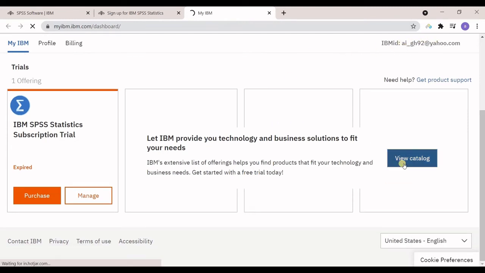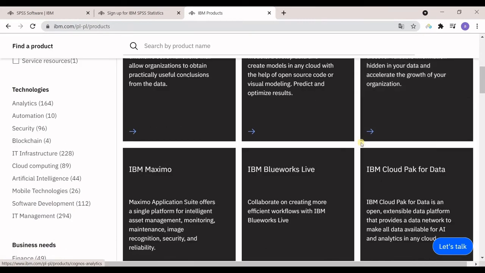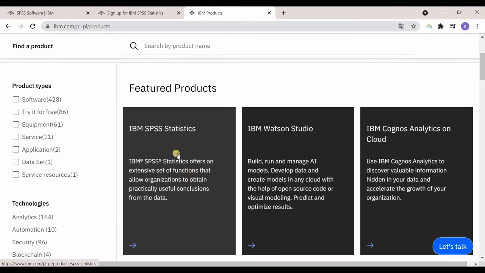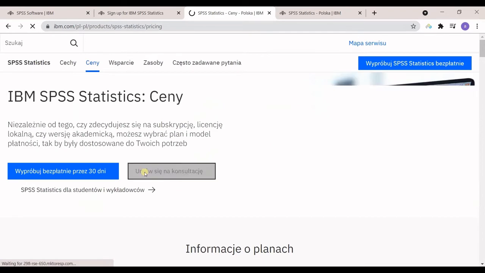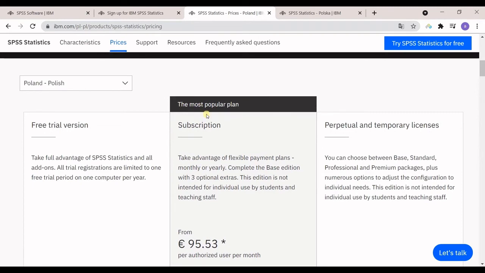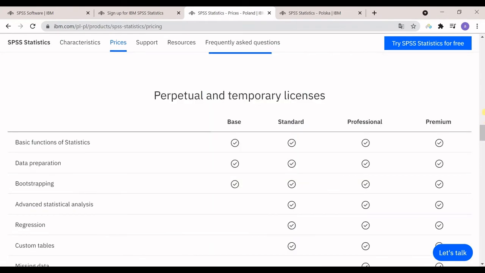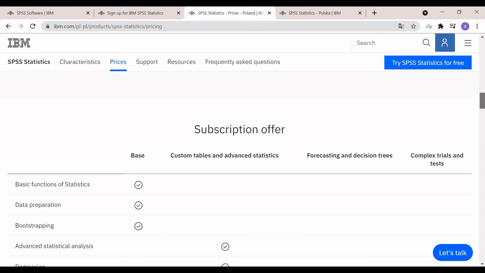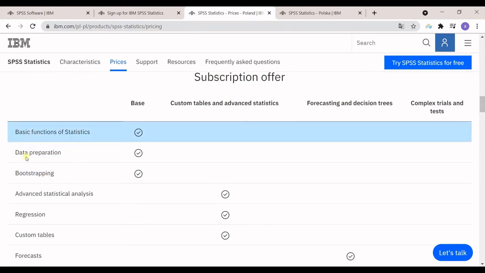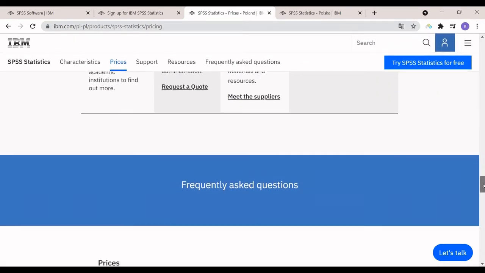From this dashboard, I go to View Catalog. So you can see all these different versions of the software, the first one being SPSS Statistics. I want to see the prices. Okay, it's in here. The most popular plan is highlighted here. The subscription is €95, and then you can see all the other plans. You can see in detail what the details of each subscription version are, etc. So